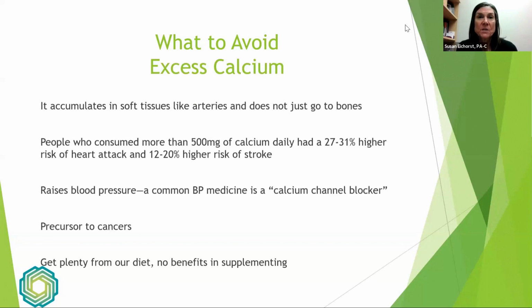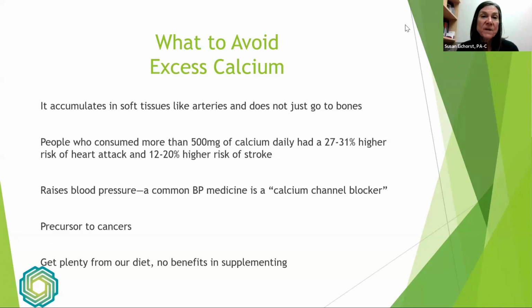I do want to take a minute to talk about calcium because so many people are pushing to have extra calcium in their world, especially for menopausal women. Regrettably, calcium, especially when we supplement with it, has no idea where to go. It doesn't just go to your bones. It tends to accumulate in tissue that it's easiest to accumulate in, and that tends to be our soft tissue, like our arteries.